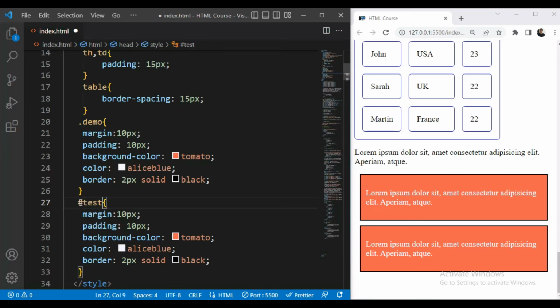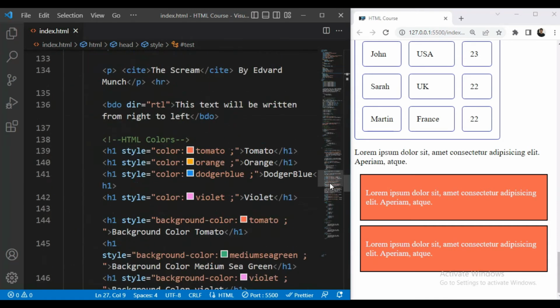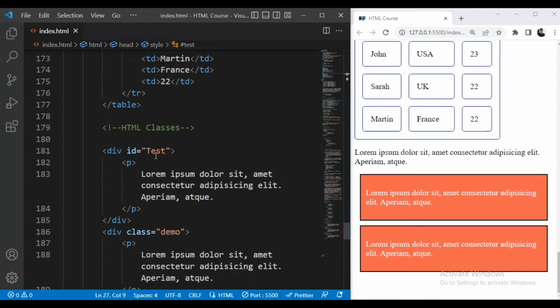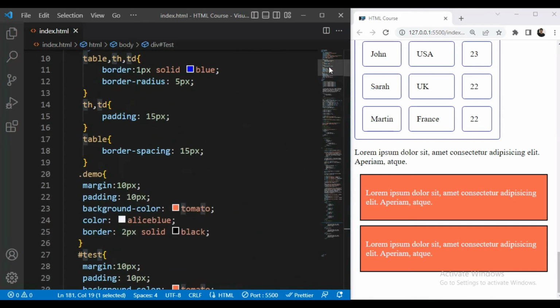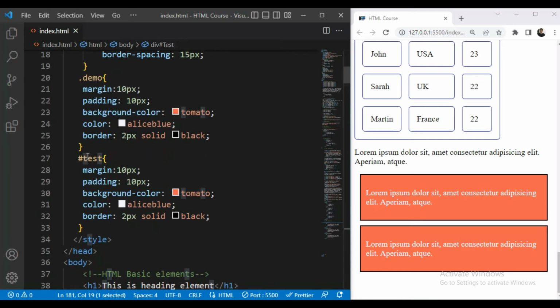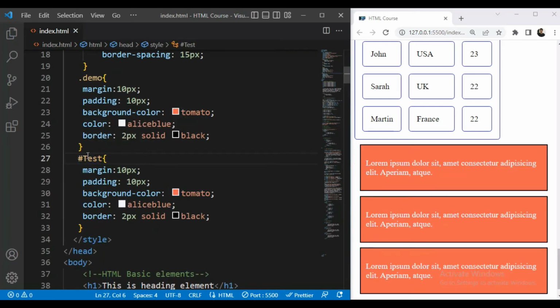So we'll give test, but you can see the styling has not applied because IDs are case sensitive, and we have given the capital T. So you can see we have used capital T. So here we'll provide capital T and we'll save this. So now you can see the styling has applied again.